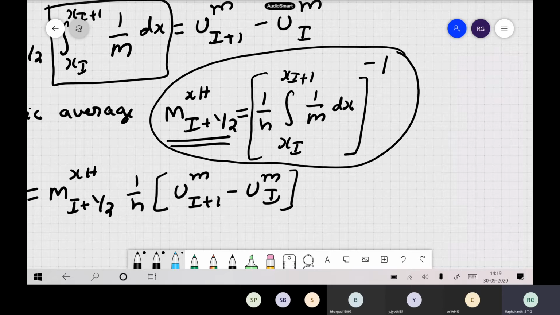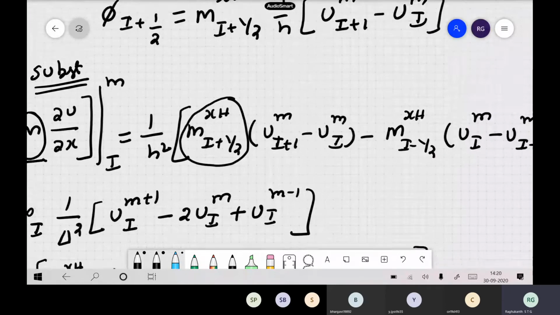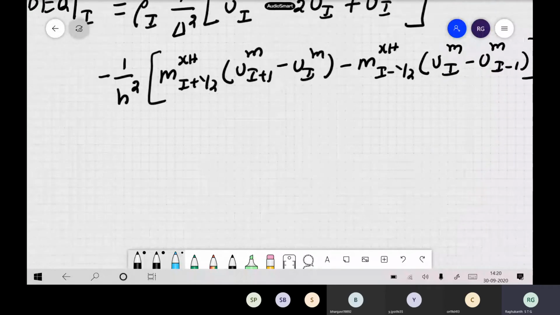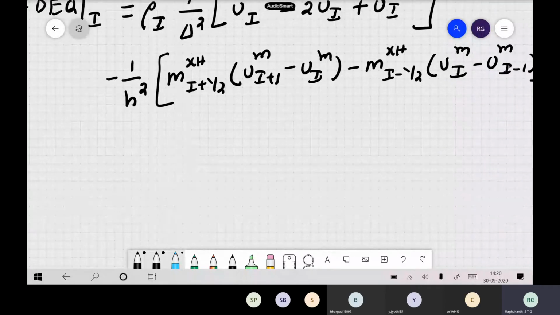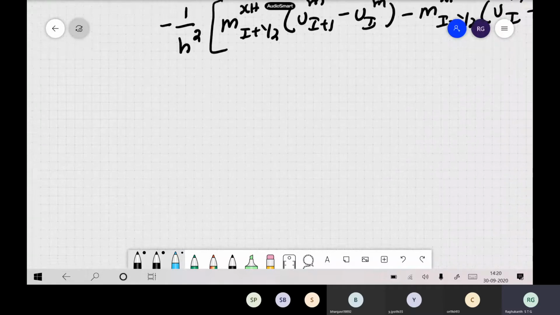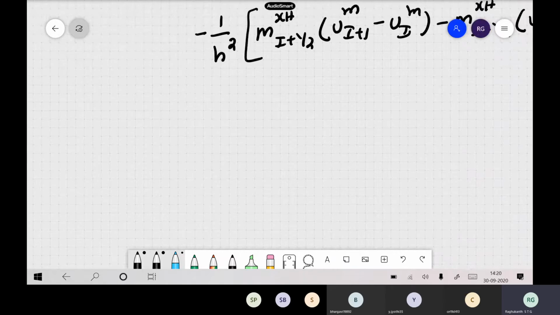So the main advantage in this formulation is that derivatives are problematic. Computing a derivative is always a problem, but computing an integral is very easy. So in our finite difference method, when the material properties are also changing, we don't compute their derivatives. The formulation is such that you compute the integrals of your material properties, which we use in our finite difference format. This is how we proceed when material properties are also changing.